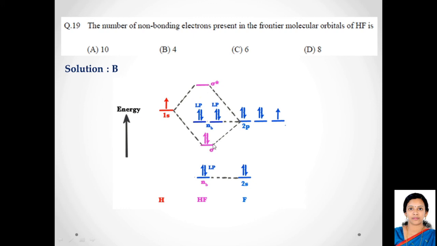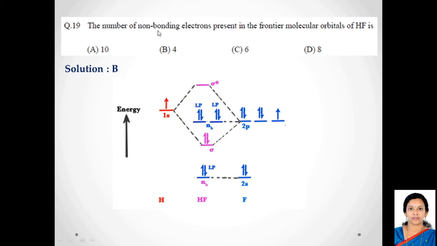So 2 electrons in the sigma bonding and 0 electrons in the sigma antibonding orbital. So the 2 electrons are used in bonding to form the bonding orbital. Now there are 2 lone pairs here in the 2p orbitals. Those will go into the non-bonding orbitals. The non-bonding orbitals, if you can see, have no change in energy from their corresponding atomic orbitals. It's basically the same energy. That is why they are called non-bonding orbitals, and they are basically the 2 lone pairs here.